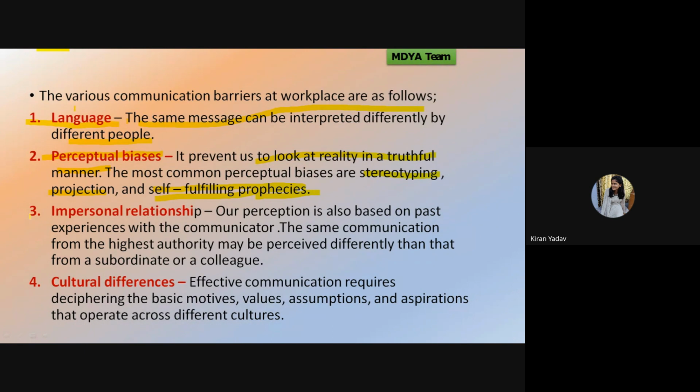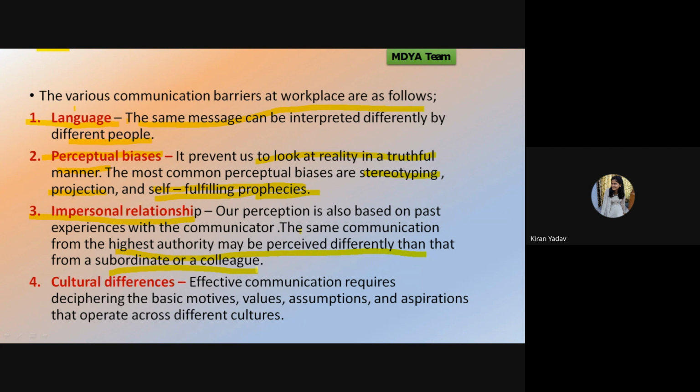Then next is interpersonal relationship. Our perception is also based on past experiences with the communicator. The same communication from the highest authority may be perceived differently than that from a subordinate or a colleague. So the communication also depends on